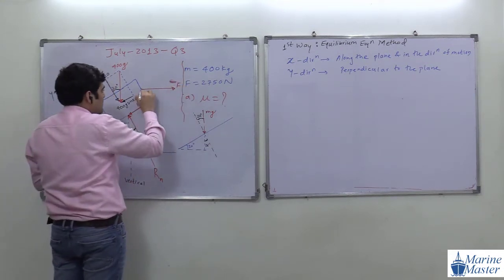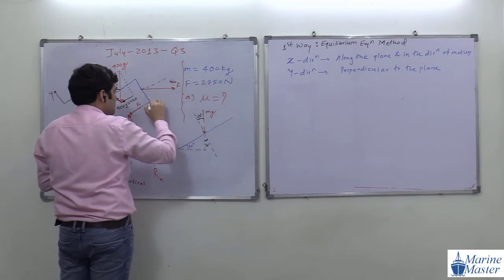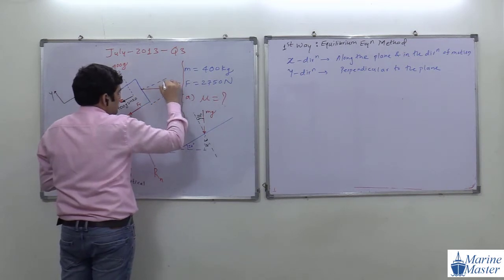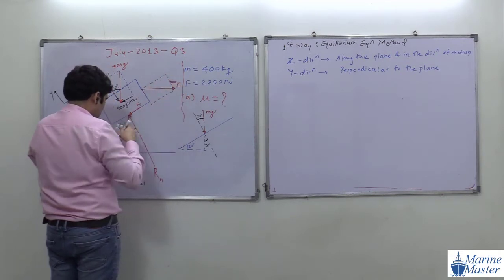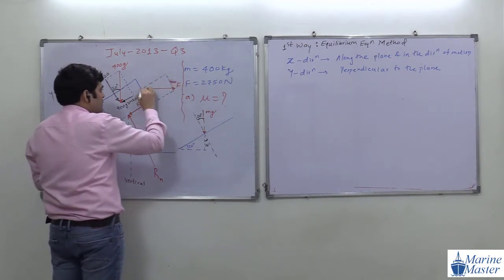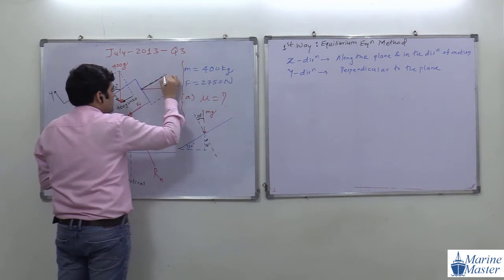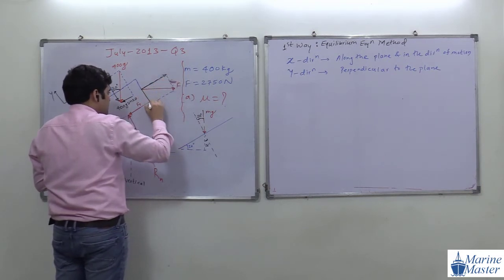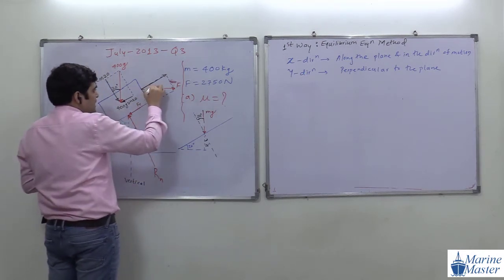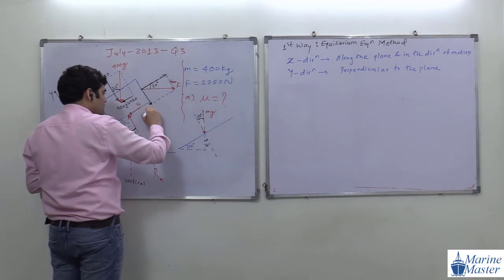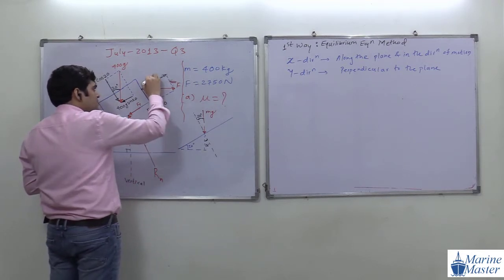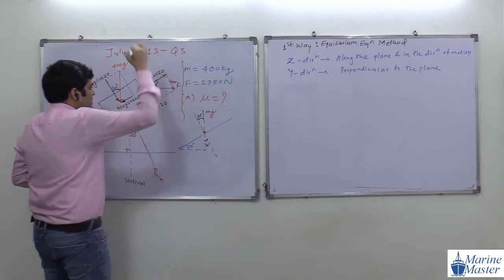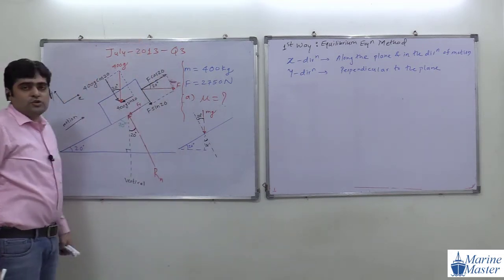F is making an angle how, guys? Okay, this is one component. See the scenario. This is one component, this is another component. Okay, this angle is what? 20 degrees. So what is this component? F sin 20. This component is what, guys? F cos 20. Okay, are you getting my point? So you got the component.